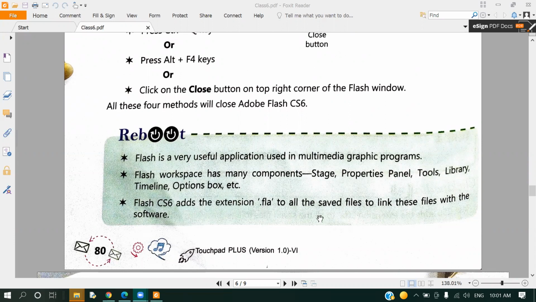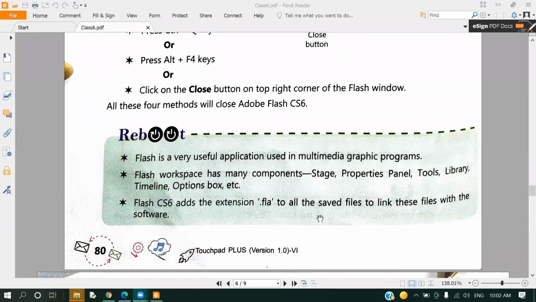Extensions, what are extensions actually? Extensions define the type of file, what type of file you are having, or basically, if you are creating a file, then on which software that particular file will open up. That is explained or told by the extension.